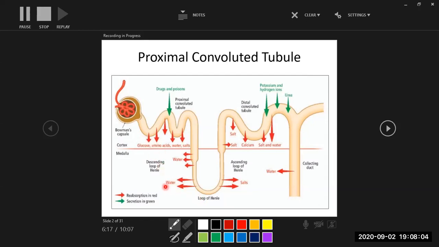So here you can see that this one has less water. The environment is very salty. Okay, so it's a very unique area. And we have this loop of Henle going deep down into this region, very much like the very salty area on earth,